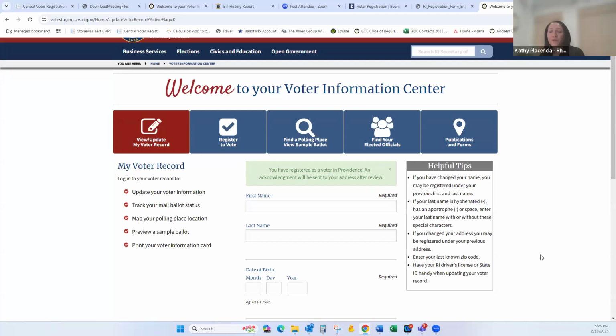They have to be registered 30 days before an election in order to be eligible. We do have one of the longest voter registration deadlines in the nation. But unfortunately here in Rhode Island, it is that 30-day deadline, so they have to be registered for 30 days before they're eligible. Okay, so when someone moves, they need to take care of that